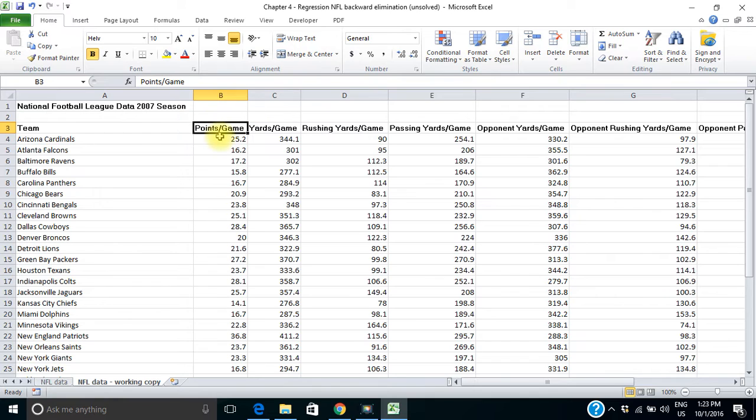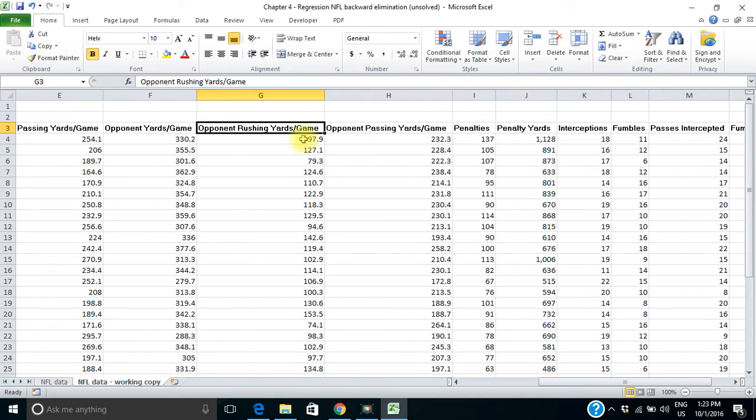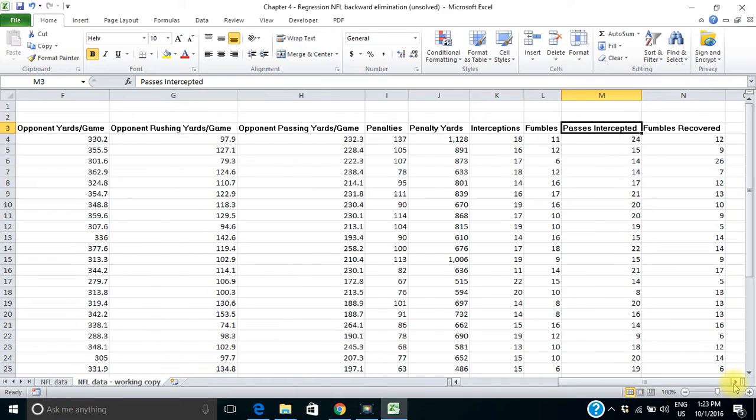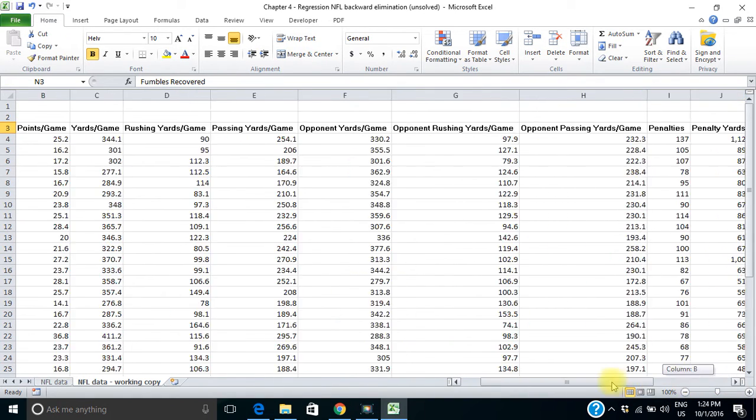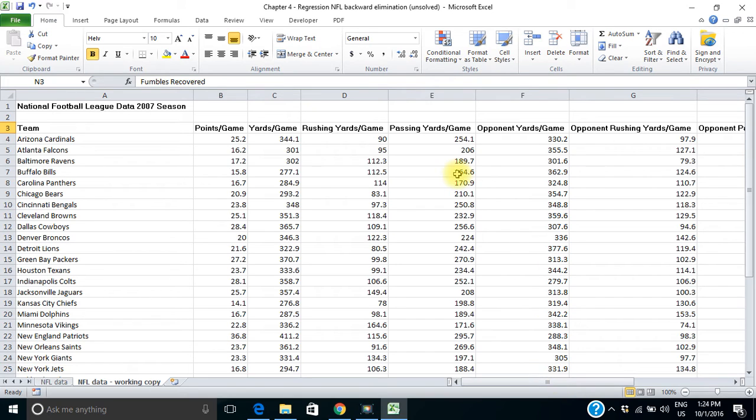And in order to predict that, we think it might be useful to look at some of these other statistics. So we have yards per game, rushing yards per game, passing yards, opponent rushing yards, opponent passing yards, penalties, penalty yards, interceptions, fumbles, passes intercepted, and fumbles recovered. So we have a number of different statistics here and data that's been collected that we think might help us